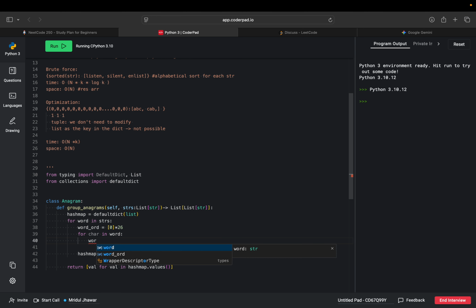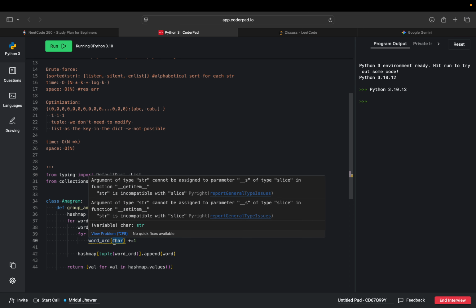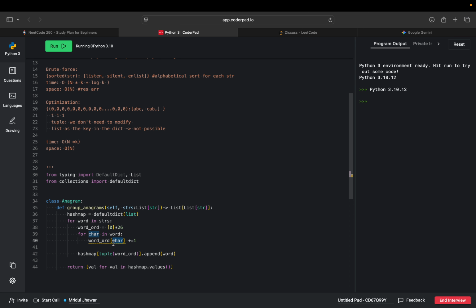And then for each character in the word, we'll do plus equals 1. But here we cannot just access the character, so we have to get the ASCII value. ord is the function that gives the ASCII value for that character. For example, if it's 97 for A, then it would be 97 minus 97,